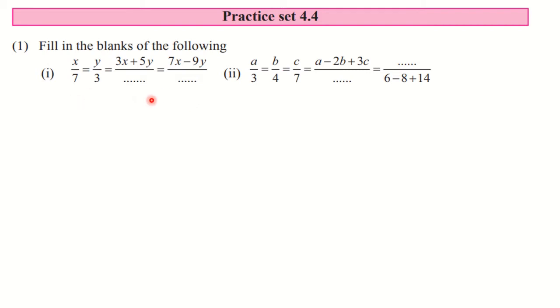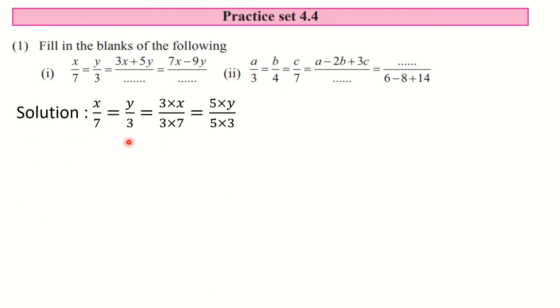and then from 1 and 2 we will write the final answer. Here you are provided with two equal ratios, and from this you have to write these two ratios. You need to observe that here you have 3x and here you have 5y. In the theorem of equal ratios we add the numerators, so in the numerator we must have 3x and 5y. Then and only then can we add. So first of all we should start with what is provided and what we want to find.